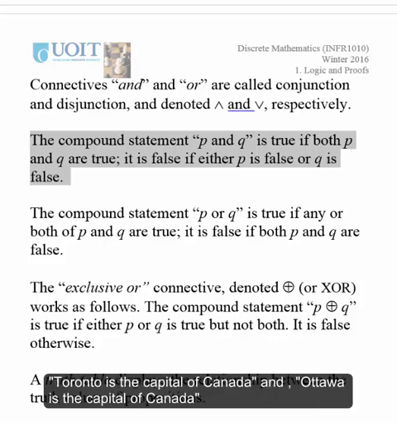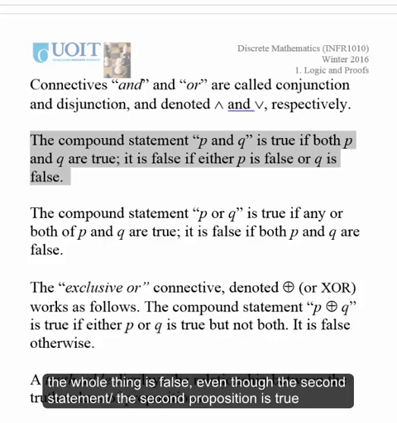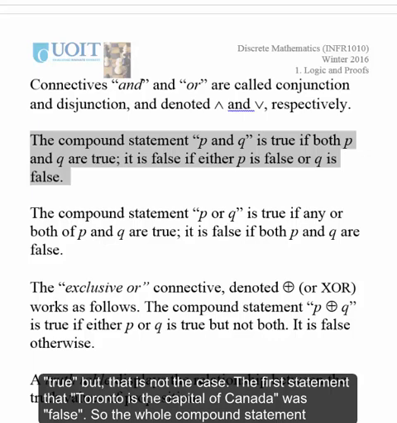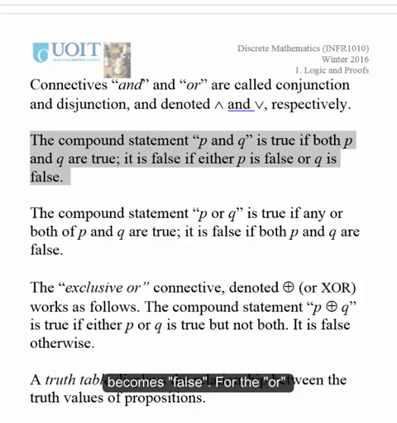If I tell you Toronto is the capital of Canada and Ottawa is the capital of Canada, the whole thing is false. Even though the second proposition is true, I use an and connective, so I'm kind of saying that both of the statements are true, but that's not the case. The first statement, that Toronto is the capital of Canada, was false, so the whole compound statement becomes